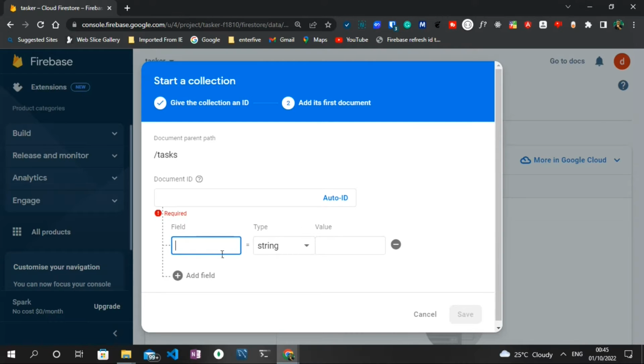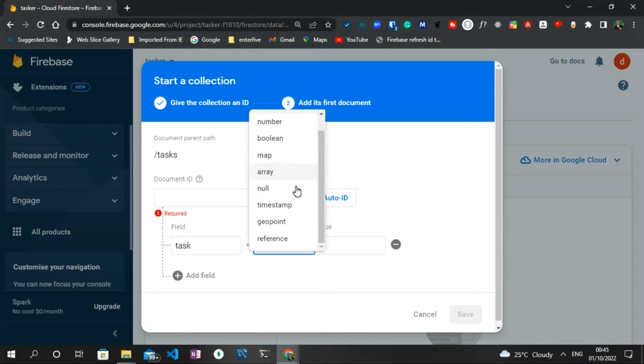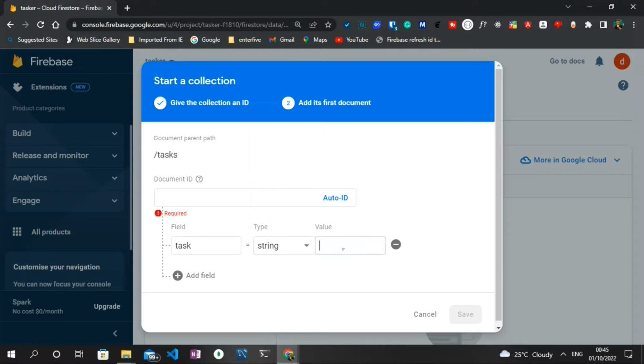For the first field, I think we're going to need two fields here. One is the task, and the second one is the checkbox field, which is checked. We'll name that is checked. So I'm going to type out task, and then it's going to be a type of string. You see over here we have so many data types for the document, but I'm going to stick with string, and